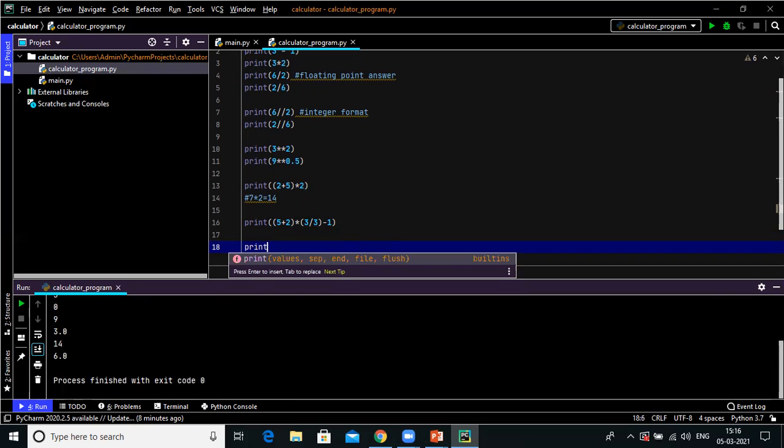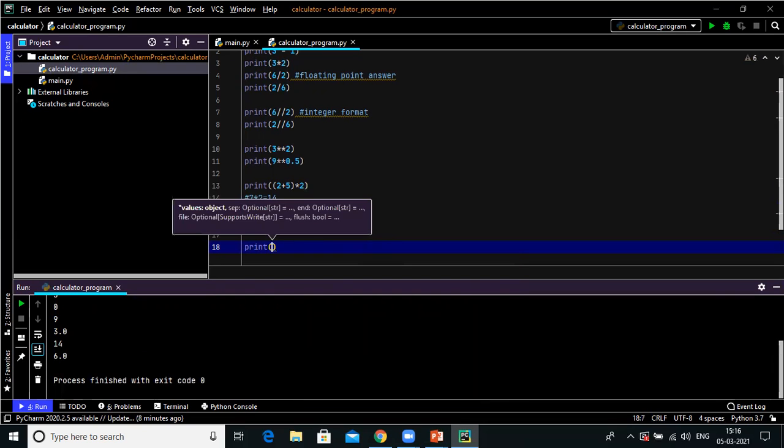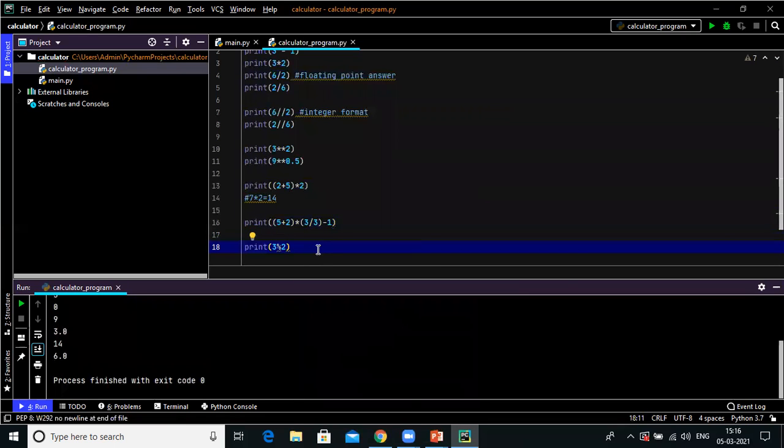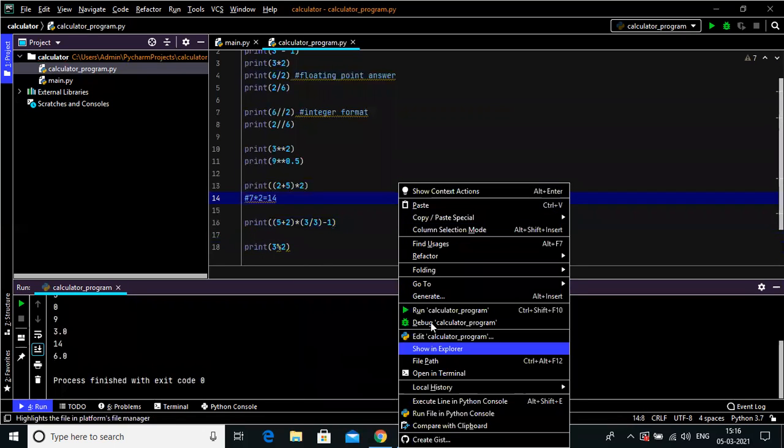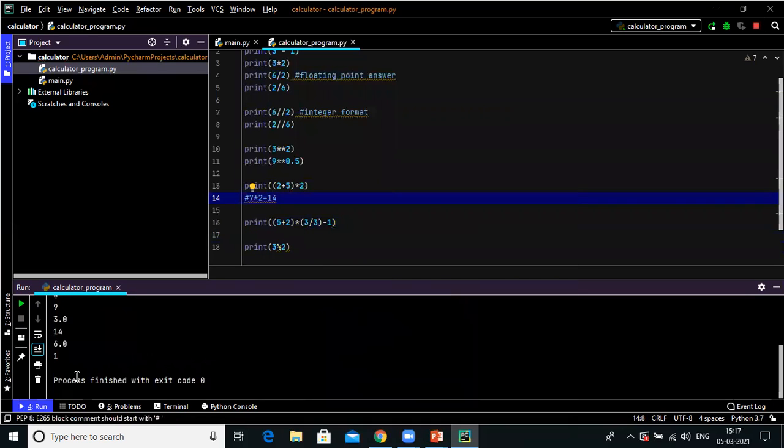There is one more arithmetic operation, that is the modulo operator. So in Python, the modulo operator also works here. If I take 3 modulo 2, see what happened. In the modulo operator only the remainder is considered, so here the remainder is 1. So yes, 1 is the answer for 3 mod 2. So all these operations are performed in Python as a calculator, just like this.